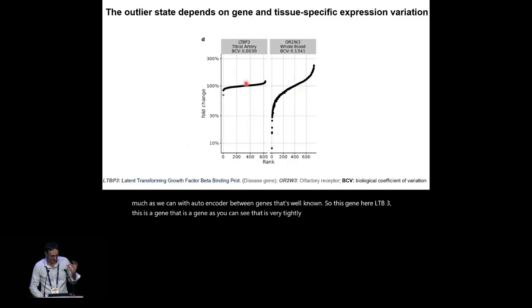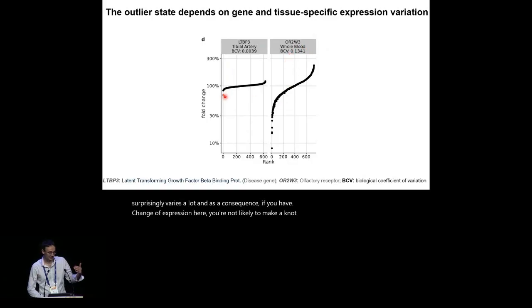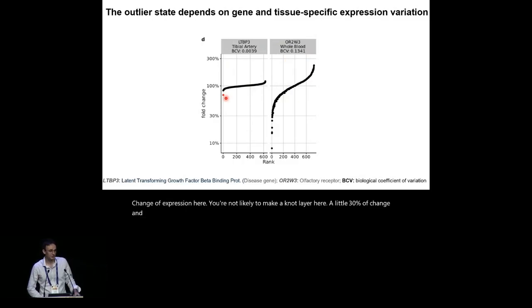There's very little variation between individuals. This olfactory gene, when measured in blood, perhaps not surprisingly, varies a lot. And as a consequence, if you have a fold change of expression here, you're not likely to make an outlier. Here, a little 30% change, and you're already outside the physiological range. So one needs to take this into account